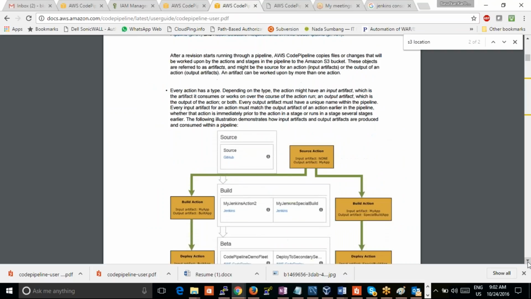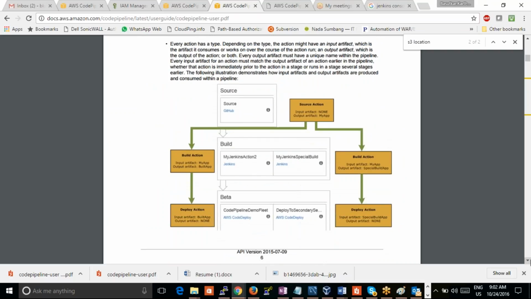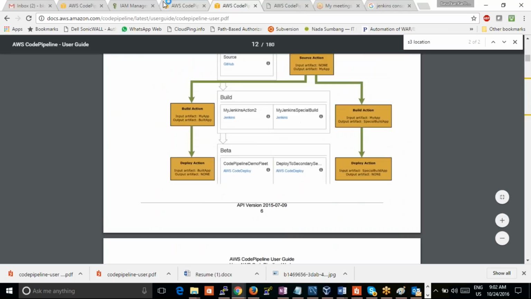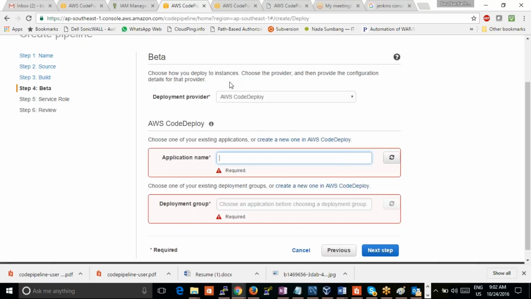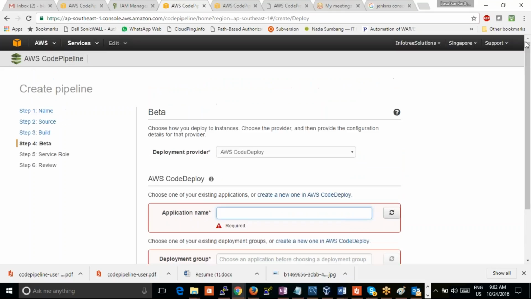Okay, that's it. This is about the pipeline. This is the theory part of pipeline. What we'll do,